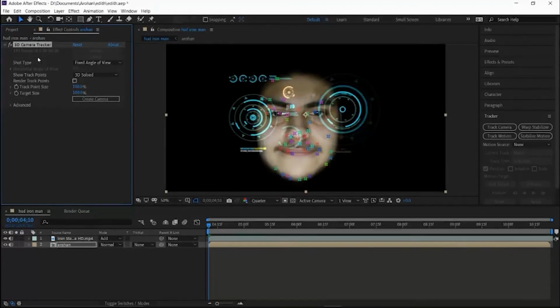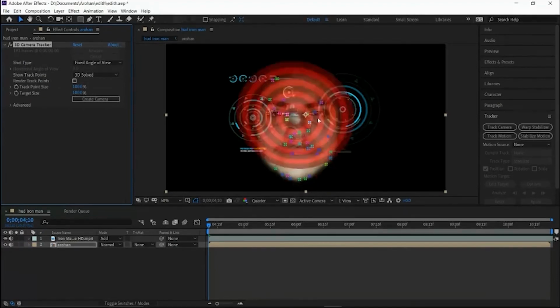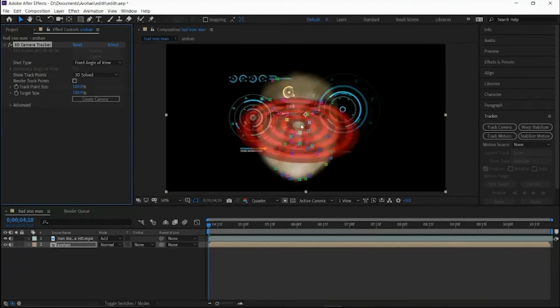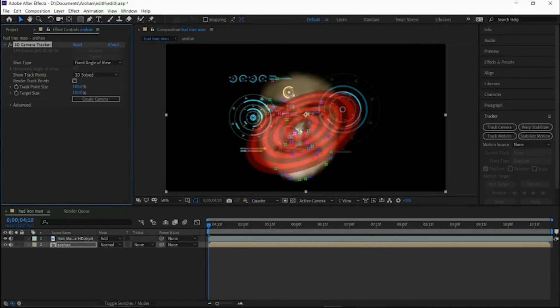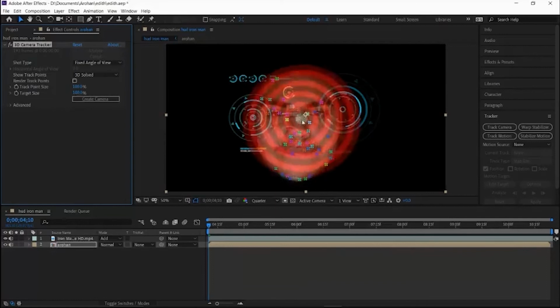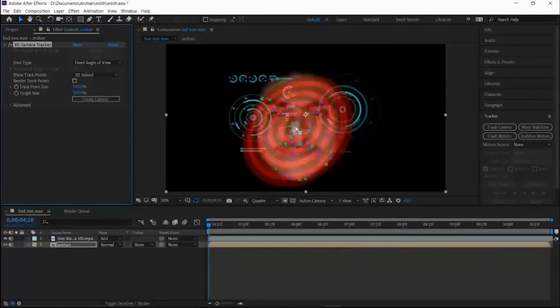Even if camera tracking is done, if it doesn't show up, you can just click on the 3D camera tracker here. There is this effect called 3D camera tracker that has just been created. When you click on that, you will be able to see these points. Now when you hover your mouse over the tracked composition, you can see this dark red circle coming.